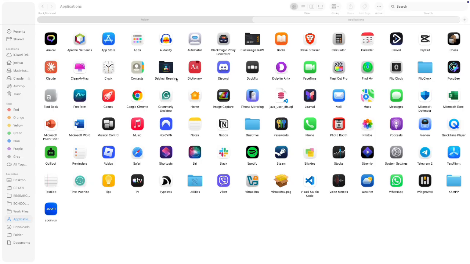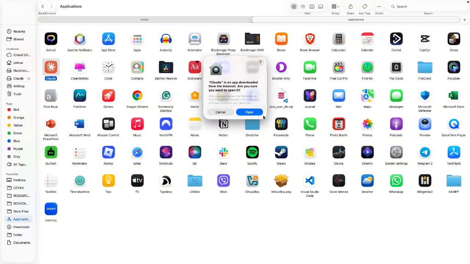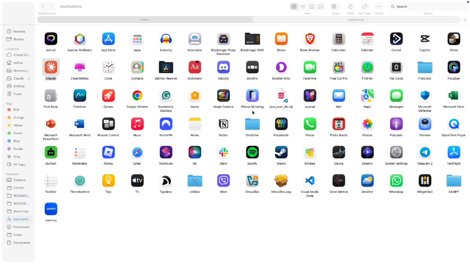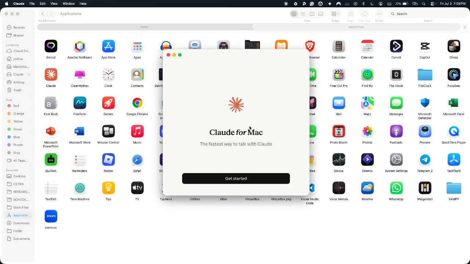After that, open the applications folder, find Claude, and launch the app. And if a security message appears because it was downloaded from the internet, just confirm that you want to open it. And once Claude opens, continue with the setup by signing in to an existing account or creating a new